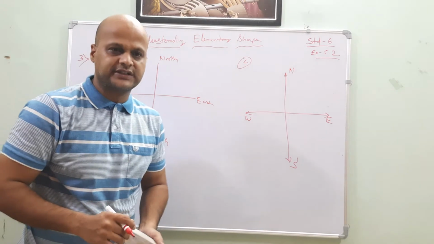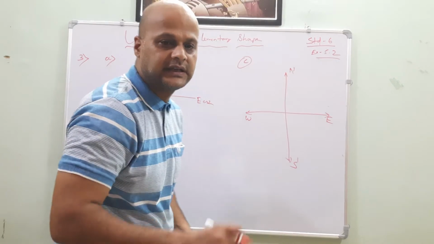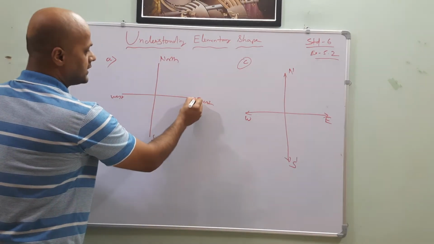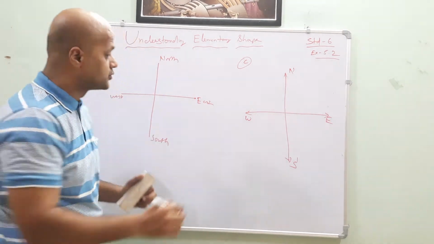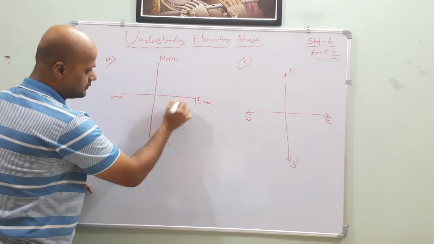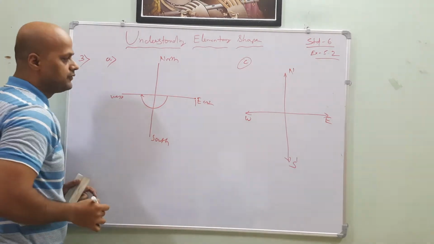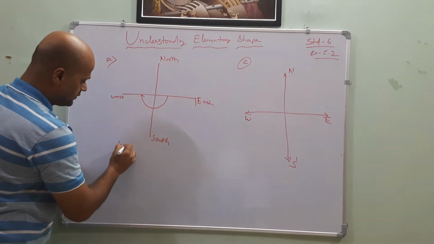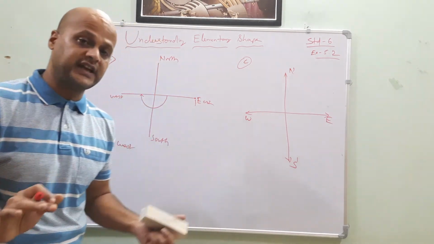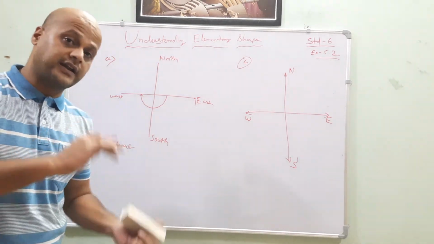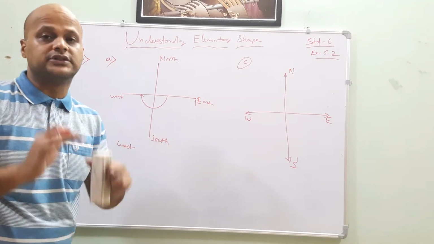So what is the first question saying? It's saying east, make half a revolution clockwise. East, I am starting here. East, make half revolution clockwise. Clockwise means it starts from here, and from here clockwise half revolution. Then which direction will I face? I will face west. Remember the clockwise direction so that it will be easy for you. Which direction, and clockwise or anti-clockwise. Half revolution or 1/4 revolution or 3/4 of revolution. These things you have to remember.